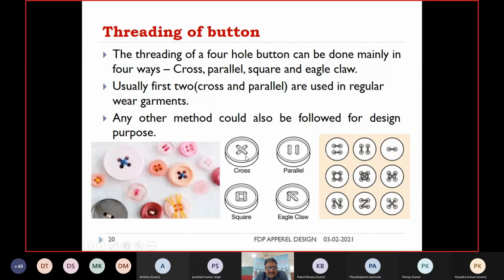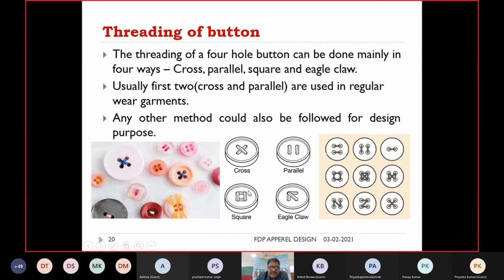Cross, this is the cross. This is the parallel. You just run the stitches in these two holes, and in these two holes, there is no relation of the sewing thread between these two holes. This hole has separate sewing threads.